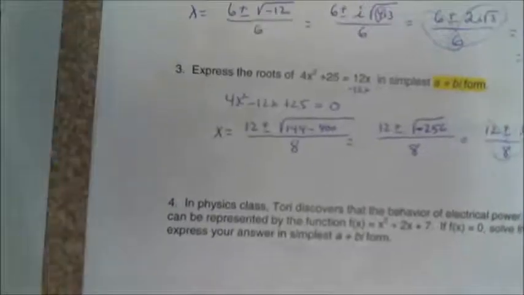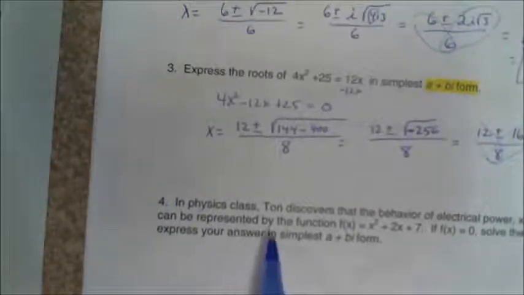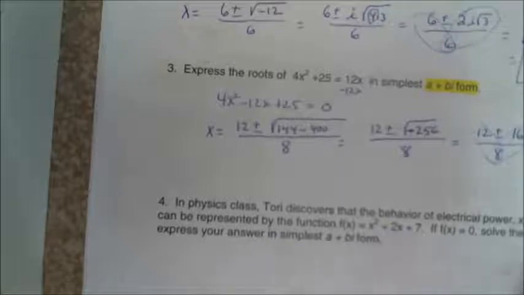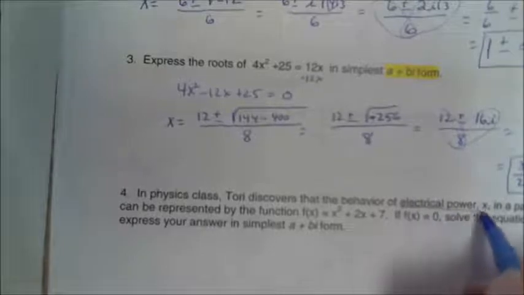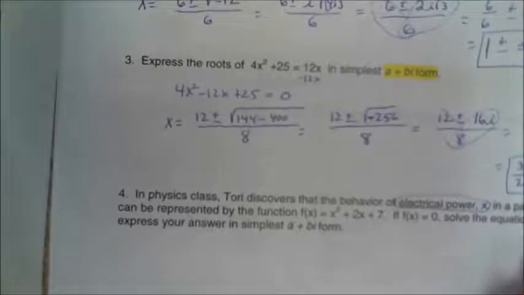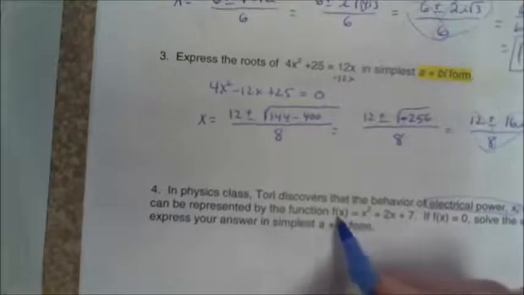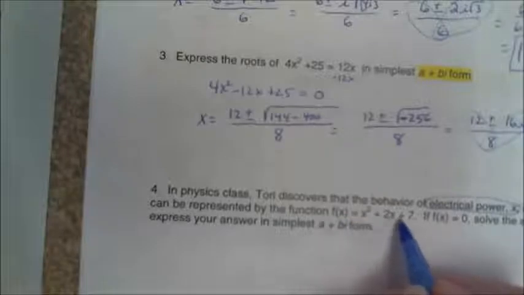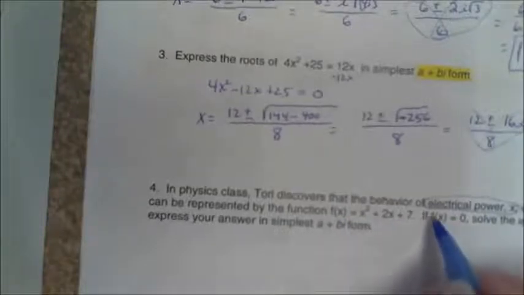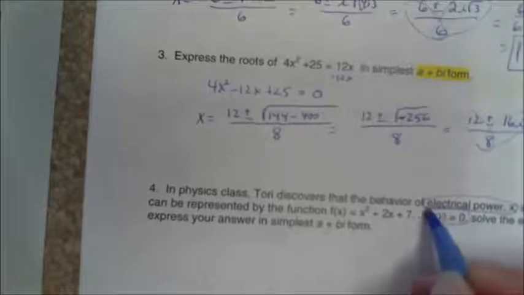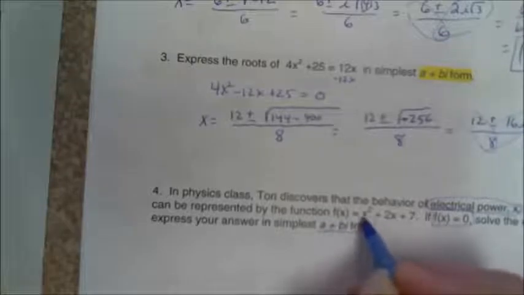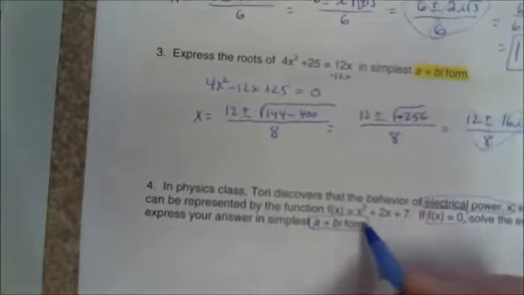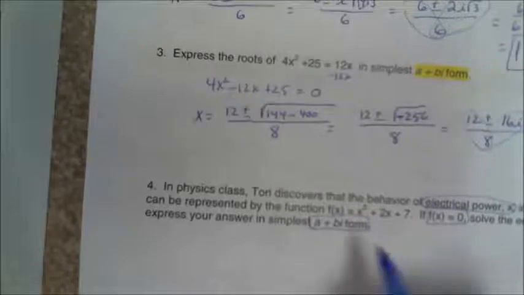And then the last one is a word problem. In physics class, Tori discovers the behavior of electrical power, which is going to be called x. Electrical power is x in this one. In a particular circuit can be represented by f of x, that's function form. f of x equals x squared plus 2x plus 7. Now if f of x is equal to 0, solve the equation and express your answer in simplest a plus bi form. That means you're going to have b squared minus 4ac will be negative,